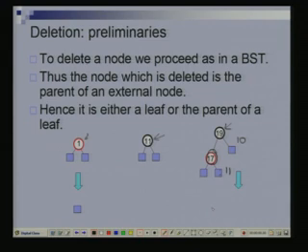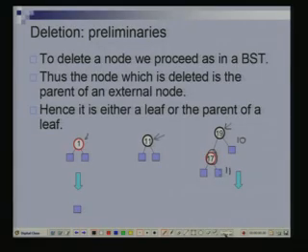Sir, is the scenario in which 19 would have been a red node and 17 would have been a black node, would it have been different from this? 19? Not possible. 17 is black and 19 is red. If 19 is a red node, can 19 be a red node and 17 a black node? Black height would not be the same.